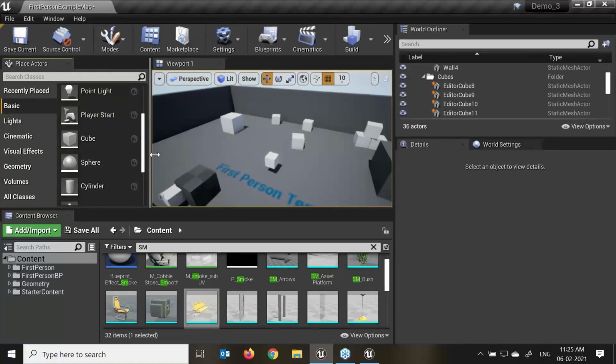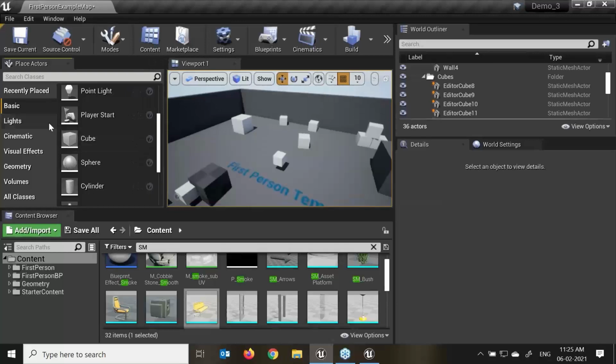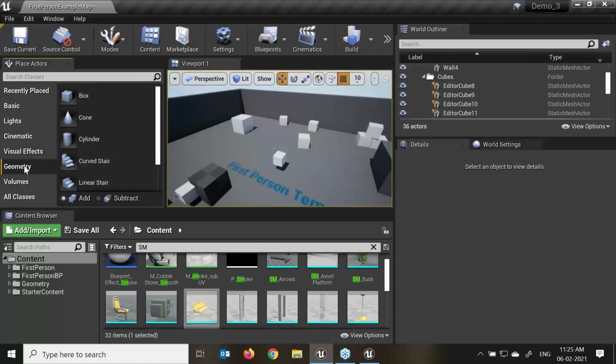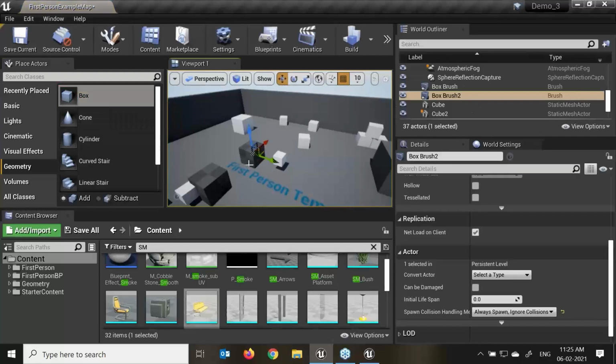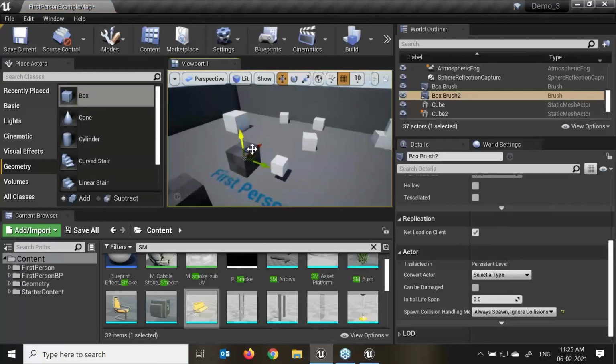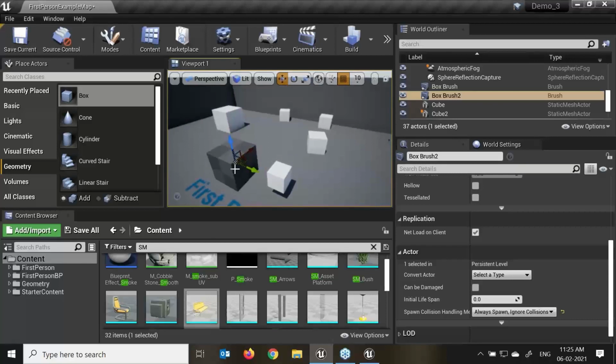Again, if you are downloading a previous or older version of Unreal, there will be a little bit of variation. But with 4.26, we can see the geometry brushes over here. Brushes mean 3D areas and space with more basic shapes. Here we can see we are getting a box. If I drag and drop it over here, and make duplicates, for any level or modeling, exterior or interior part of my scene, if I'm using geometry, it will take more RAM.